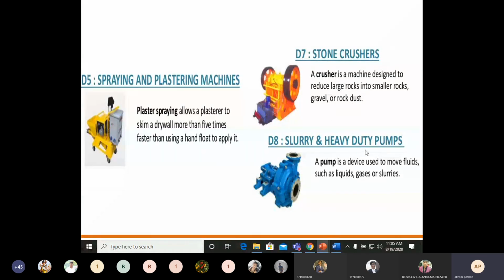Then slurry and heavy duty pumps. See, this is another important equipment, the pump, which is used for lifting various fluids such as liquids, gases or cement slurry also.